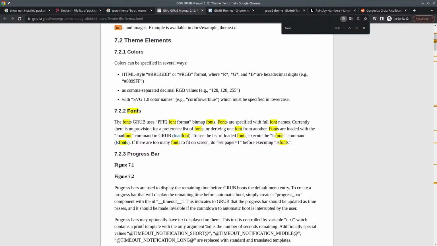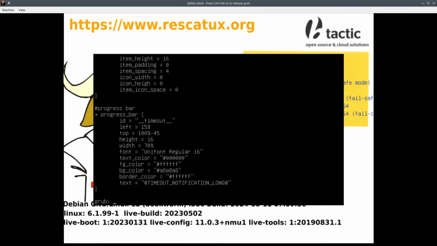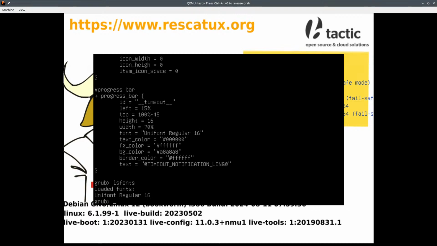The fonts are loaded with the load font command. To see the list, do ls fonts. Okay, that's what we are going to do right now. Loaded fonts, Unifont regular 16. So apparently we are using Unifont regular 16 in many places,